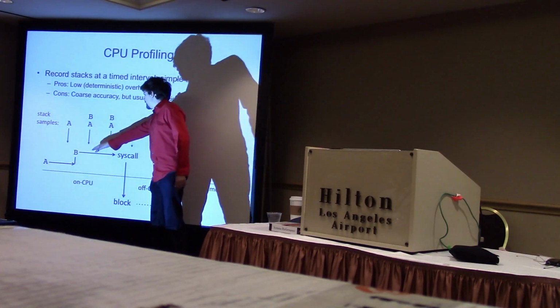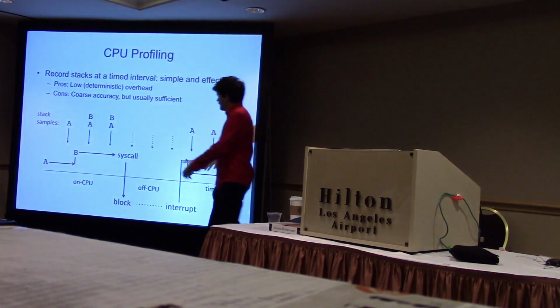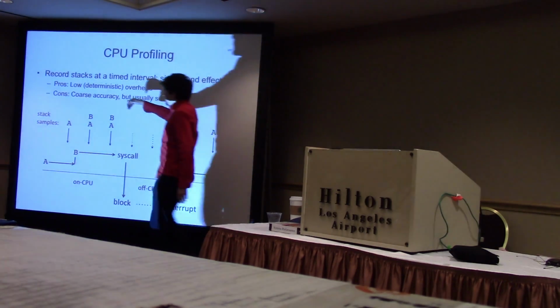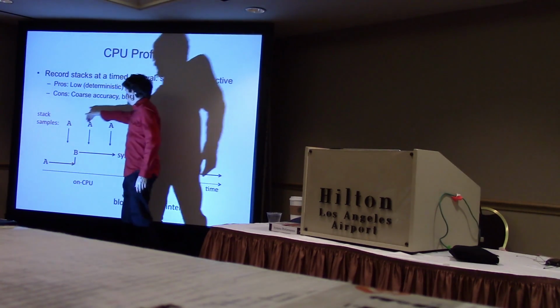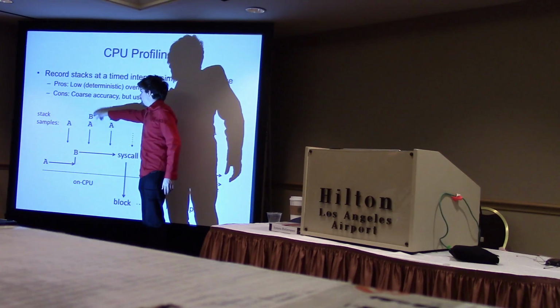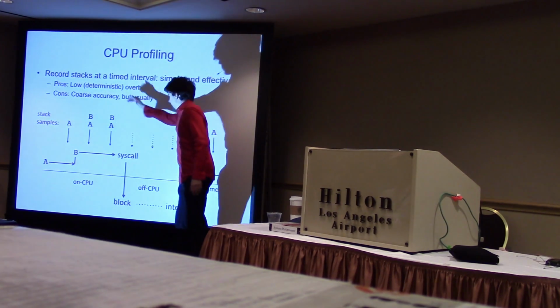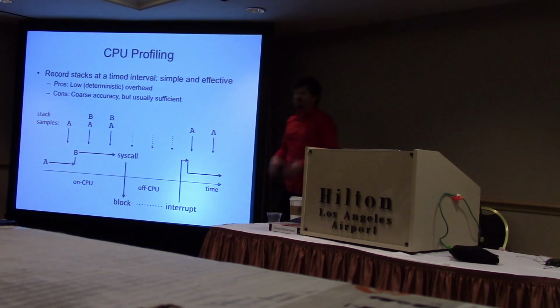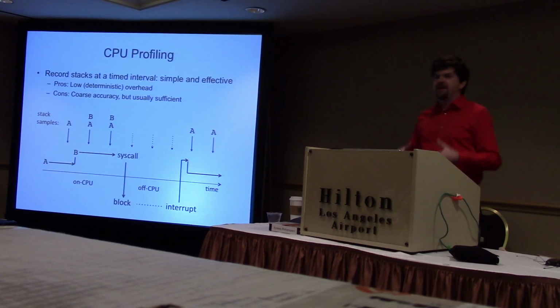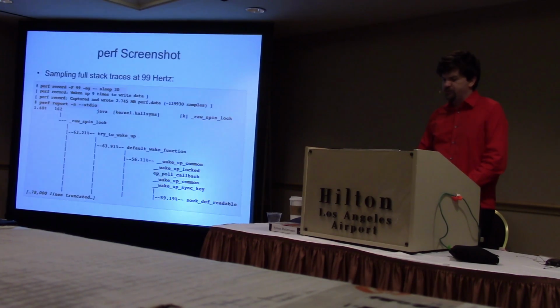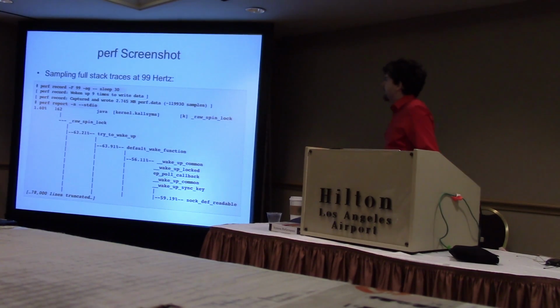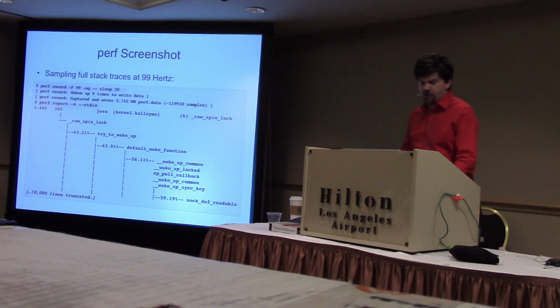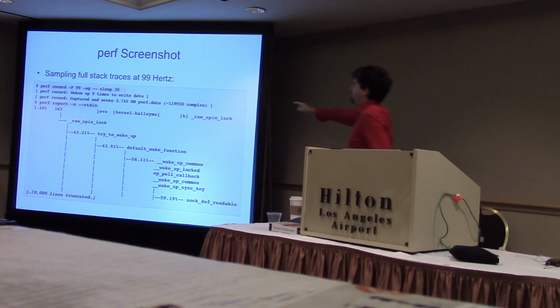Let's say I was calling function A, which called function B, then blocked and went off CPU. My stack samples show function A's stack, then B on CPU with A as its ancestor, and I'm taking these samples. Once we're off CPU, perf record is not going to see it if I'm doing CPU sampling. It's a coarse, low-overhead way just to understand why we're on CPU in terms of the stack trace. I demoed that.